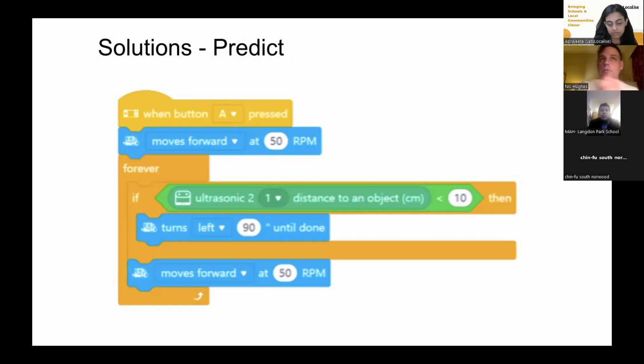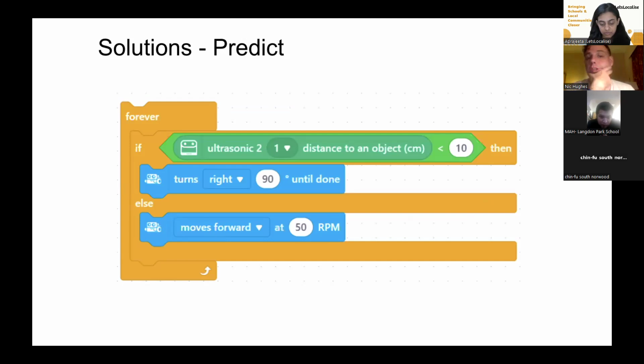That's what it does. And then we've got a selection statement here, and the selection here is if there is an object less than 10 centimeters away, that's what it's looking for, then turn 90 degrees left. Now, that's what's nice about these motors. They're really precise, so you can actually tell it to turn 90 degrees. You don't just have to tell it to turn for a certain amount of time. It will actually know the degrees, and then it will move forward. So this is always moving forward, this piece of code, unless it sees an object less than 10 centimeters away from it. So if there's an object on every corner, it will drive in a square.